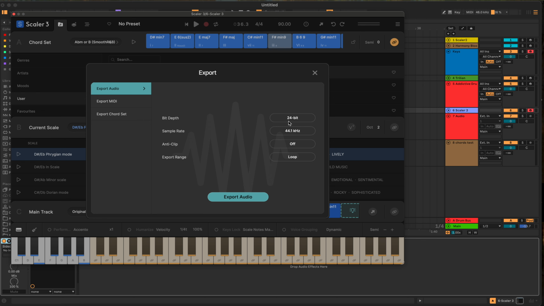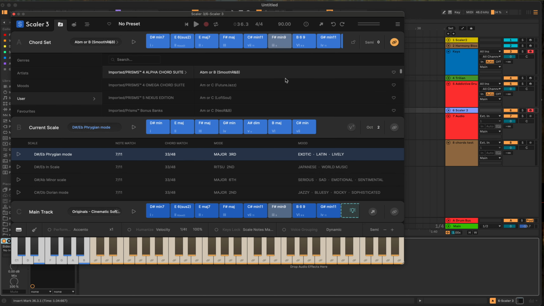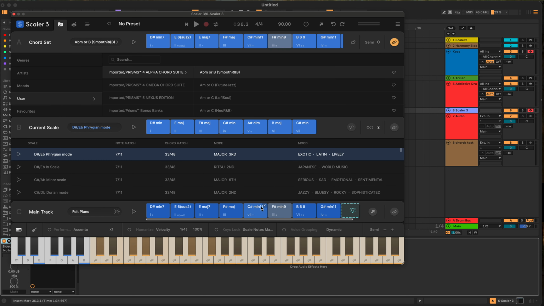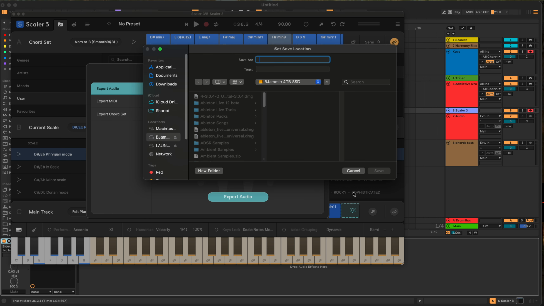Let's go in one more time. This time we'll put it at 48, but we're gonna change the anti-clip to on and see if it... I don't think this has anything to do with why it's bugging, but let's do this here. Let's switch back to the internal piano belt. And if it doesn't do it with their piano, then we know for sure it's a bug with using third party. All right, so we'll do that, export,